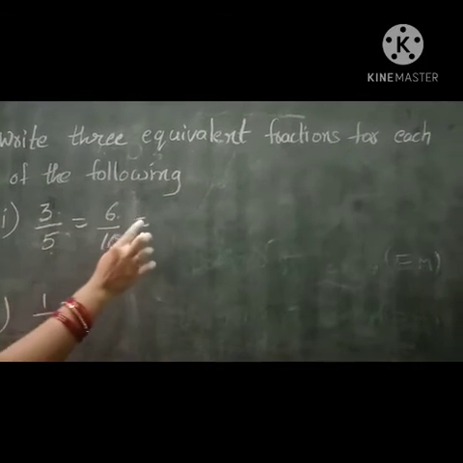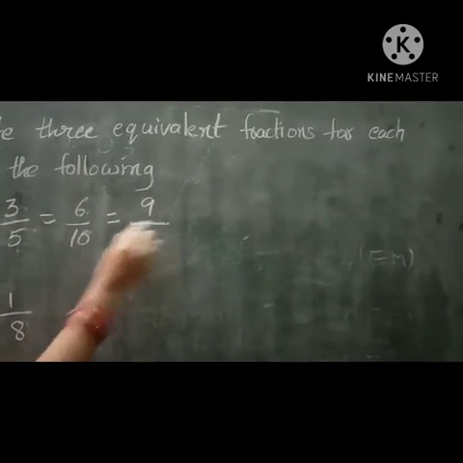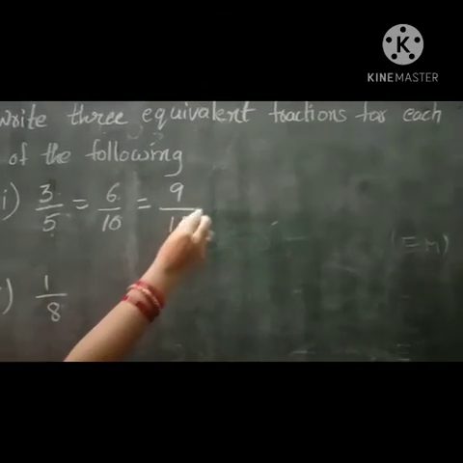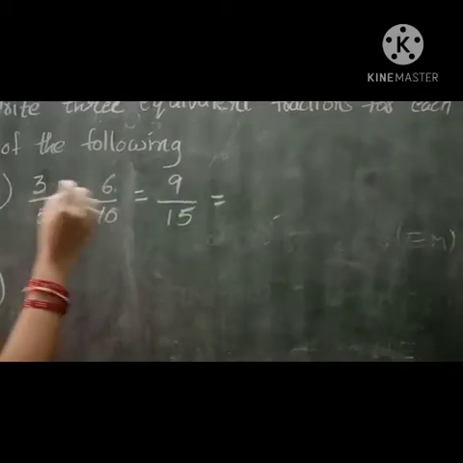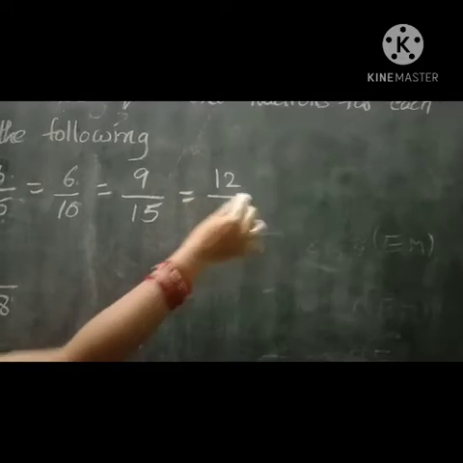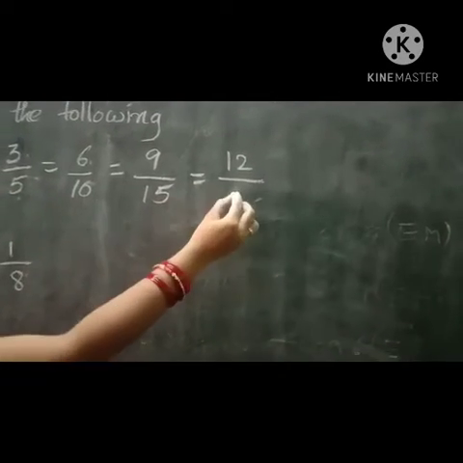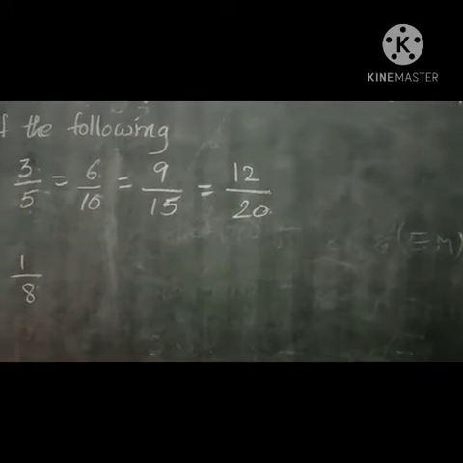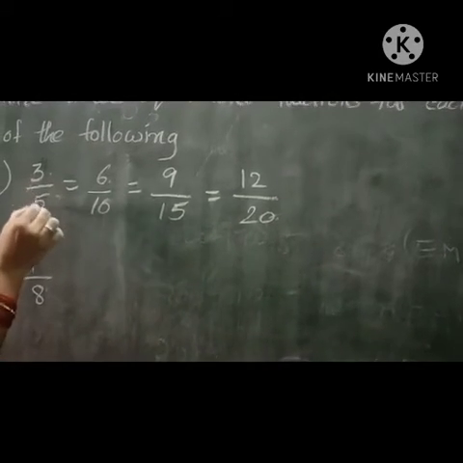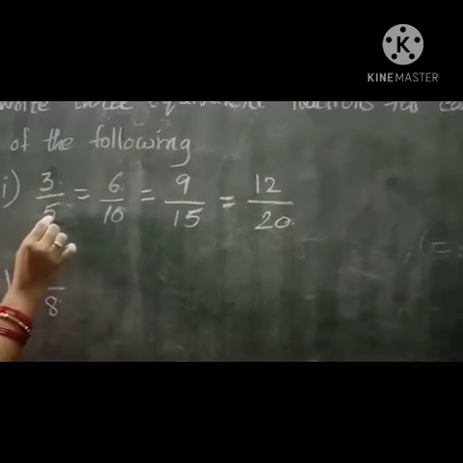Next, 3 3s are how much? 9. 5 3s are 15. Next, 3 4s are 12. 5 4s are 20. Children see here,